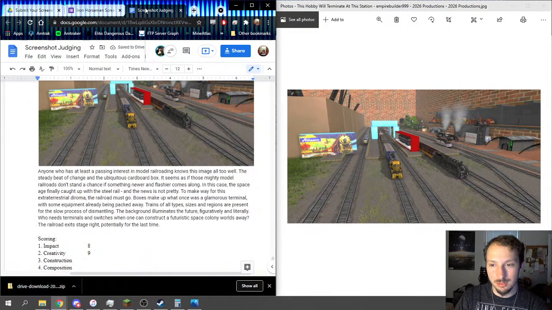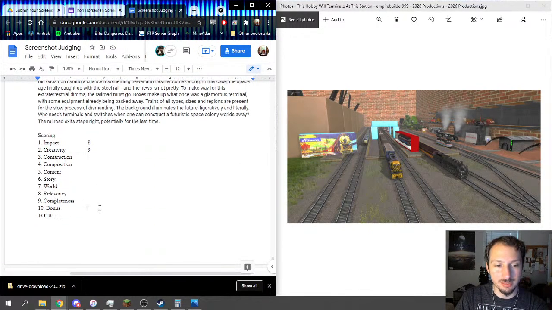Construction. Again, it's very well put together. The boxes, I think, are sitting on the edge of this, which is not great because they can't be tilted. But the Athearn box sitting here blocks that, although it looks like this is an advertisement. Before anybody says anything, there you go. But construction,